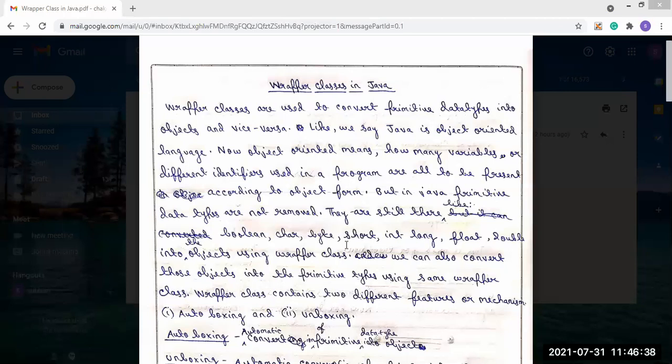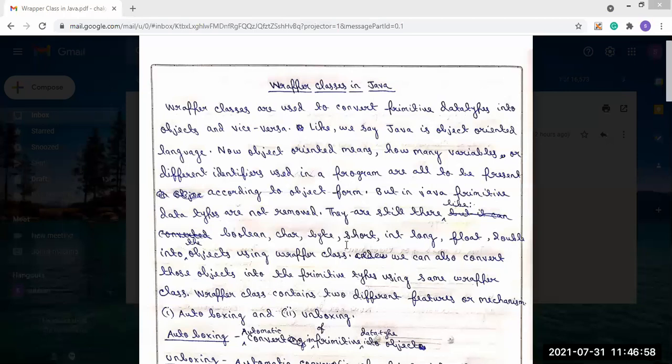Now the wrapper class has two different features, two mechanisms. What are these two mechanisms? One is autoboxing and the other is unboxing.